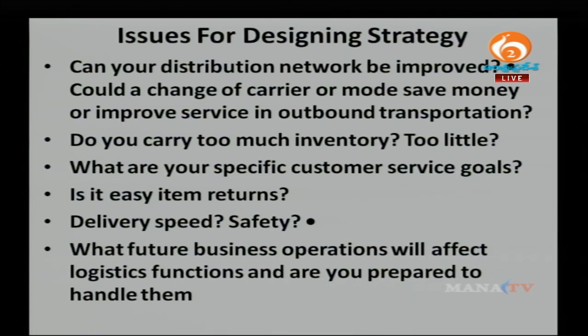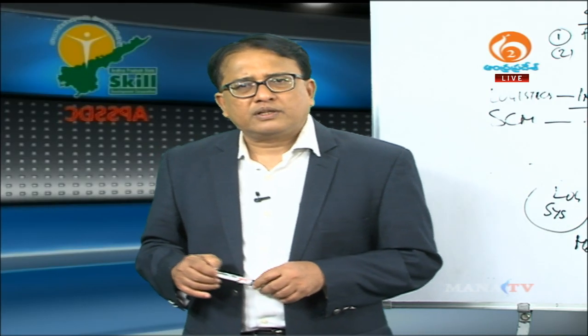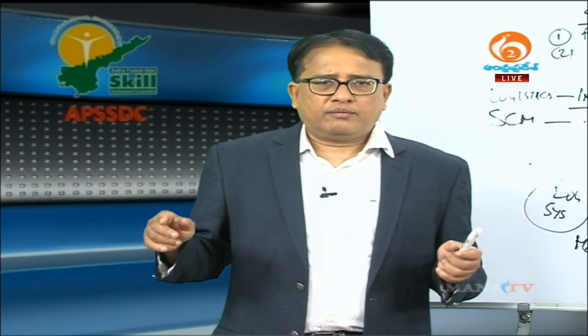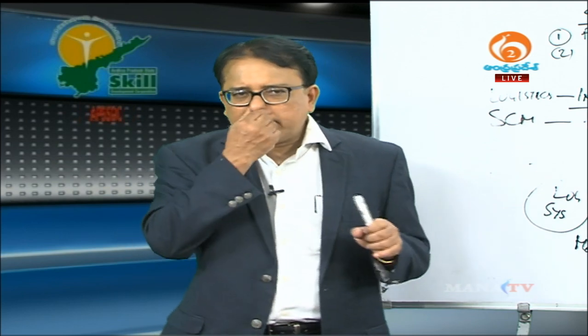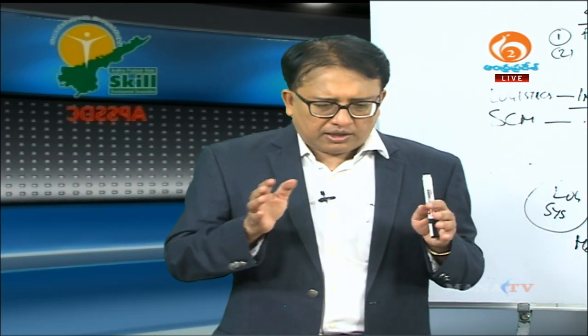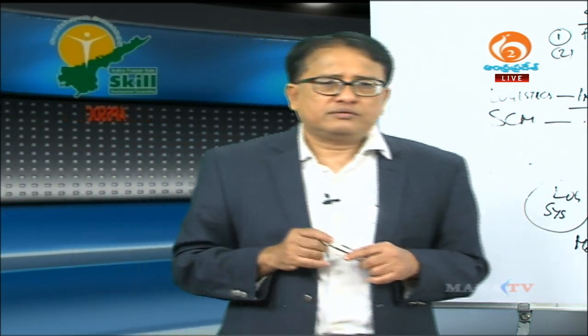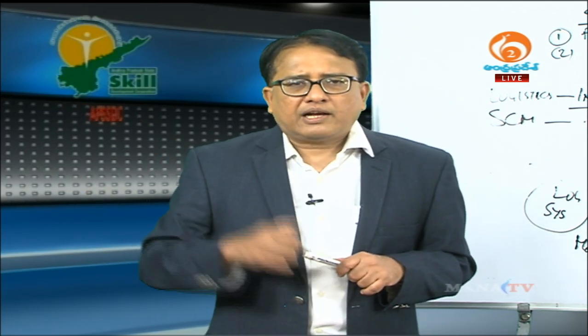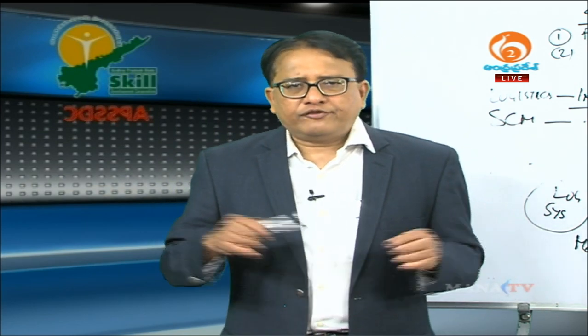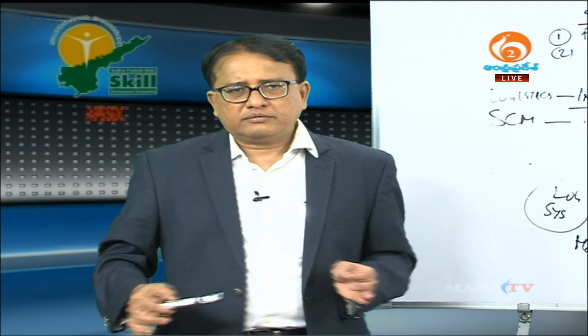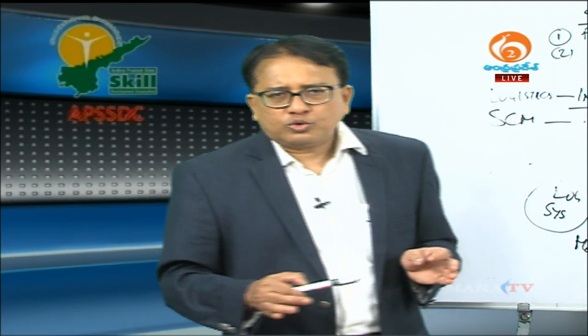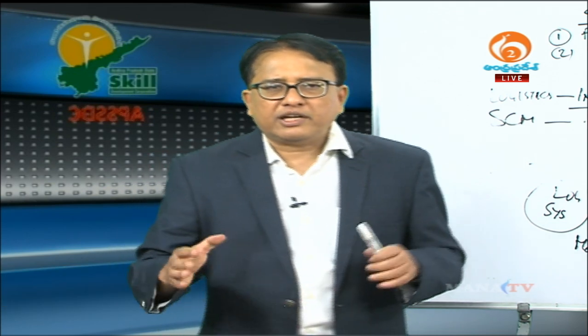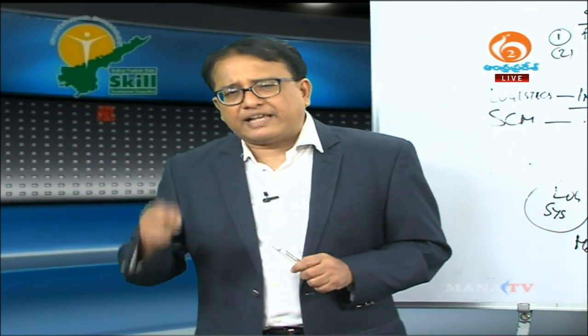So, this is just a continuation from the previous slide. Distribution network. When I say distribution network, I mean once a good is produced, it needs to reach the final customers. There are different companies who adopt different distribution methods. A company like Dell follows the process of direct delivery to the customer. They do not go through a dealer, a retailer, or anybody in between. They want to ensure that the shipment is delivered exactly the way the customer wants.